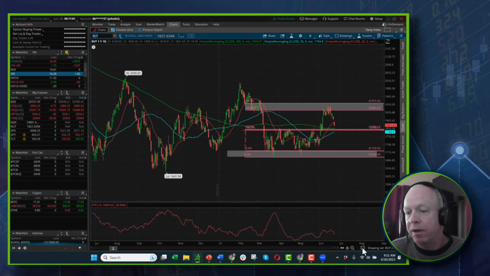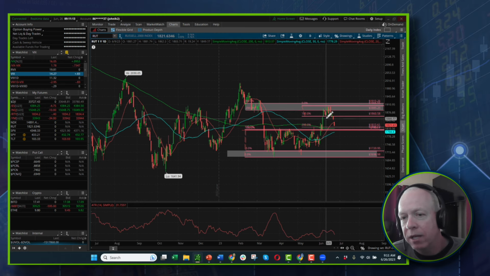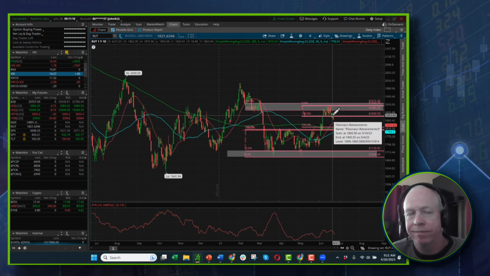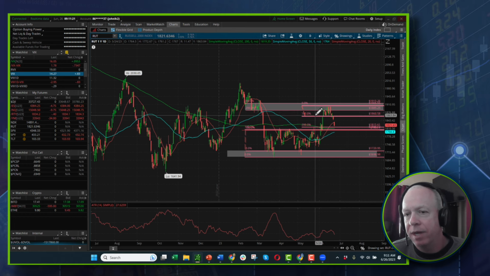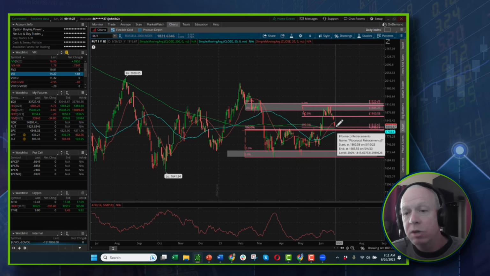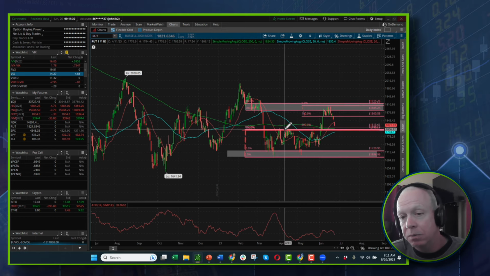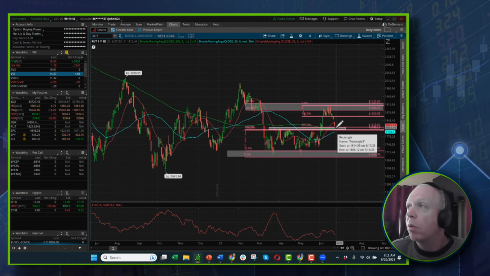Okay, and then we also have a price pattern in here that kind of came into play right in here, which is telling us where the Russell should bottom. So we came up here, we had a topping pattern. Whatever this pattern is doesn't matter. Head and shoulders pattern, double top, triple top, whatever it is, it doesn't really matter. But we have a support level, we have a resistance level, we have a breakdown of that level, we have a target down in here. Pretty much lines up with our 200-day moving average, pretty much lines up with our highs here. That makes this the reversal zone in the RUT. So we want to watch that.